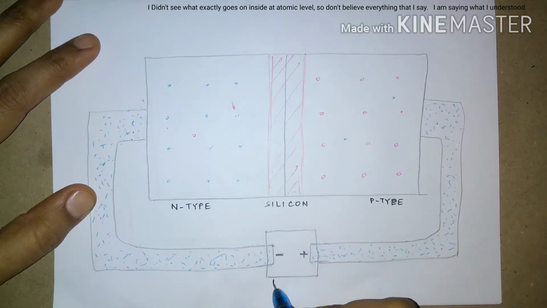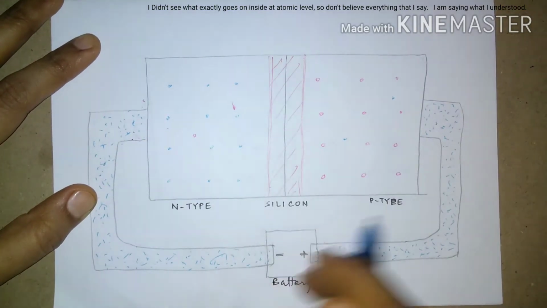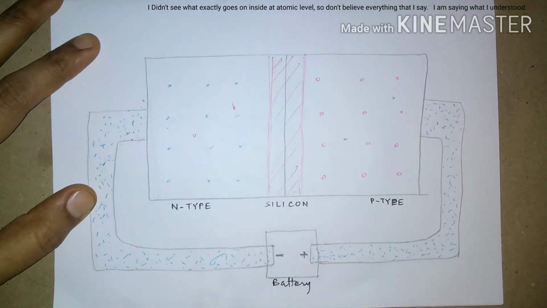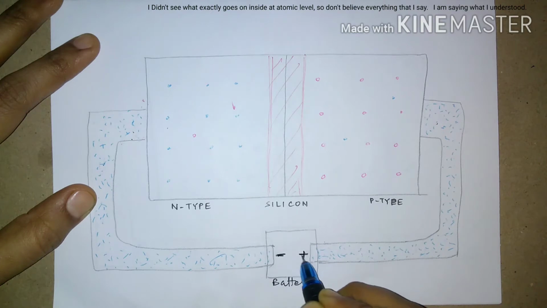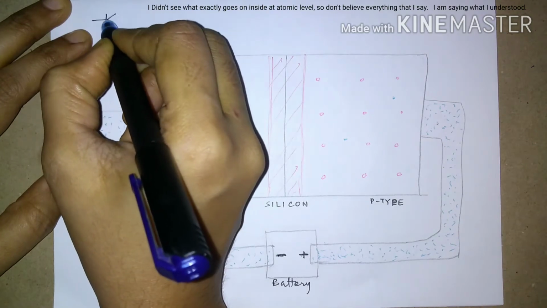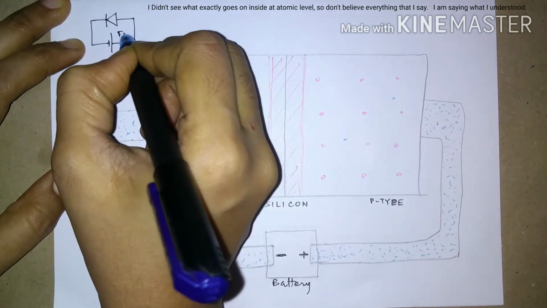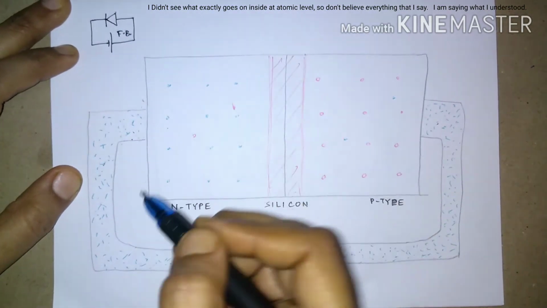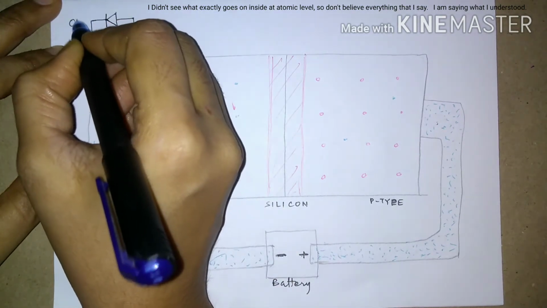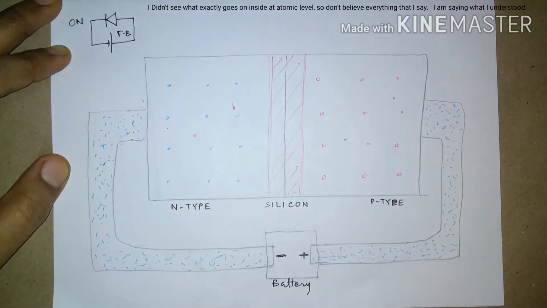Fine. This is some battery with the negative terminal connected to n-type and the positive terminal connected to p-type, and this battery or source can be anything. The thing is, this is negative and this is positive. Fine. So the diagram is like this. This is said to be in forward bias. Now I said that in forward bias it acts like an on switch. How it is acting like an on switch, how electrons are flowing, all those are discussed here now.